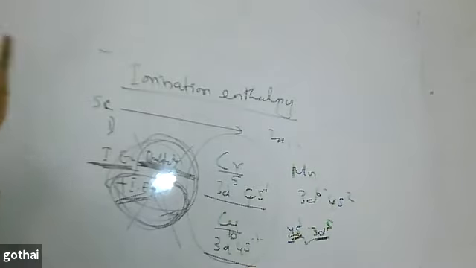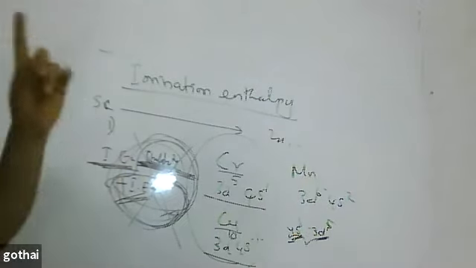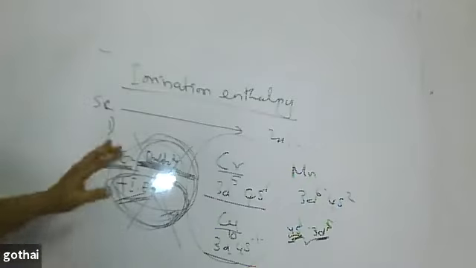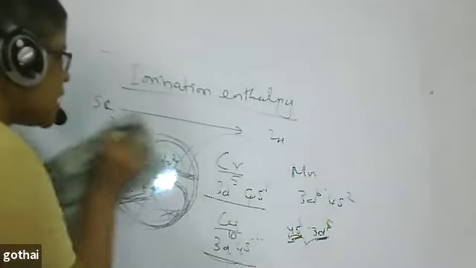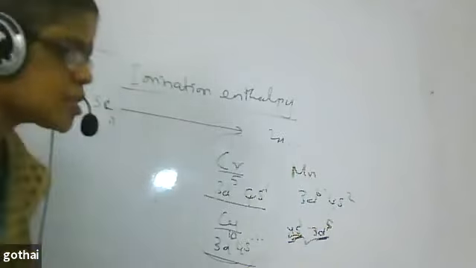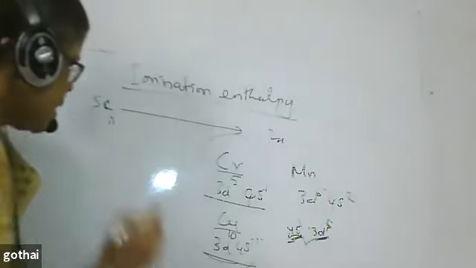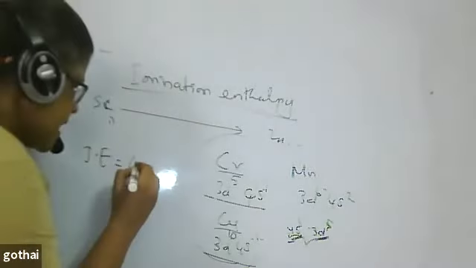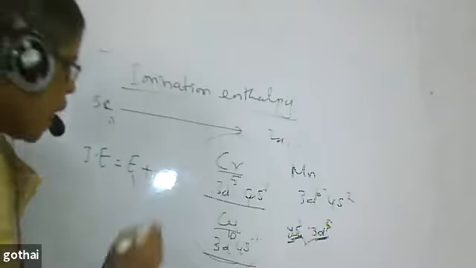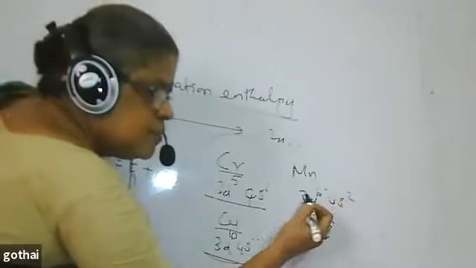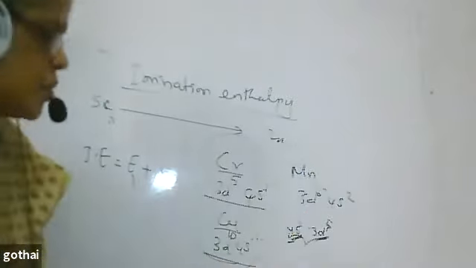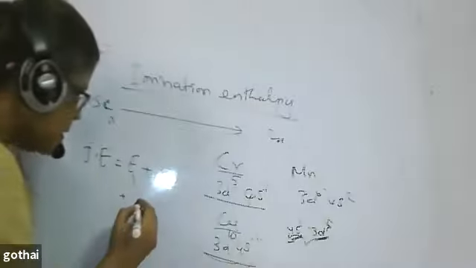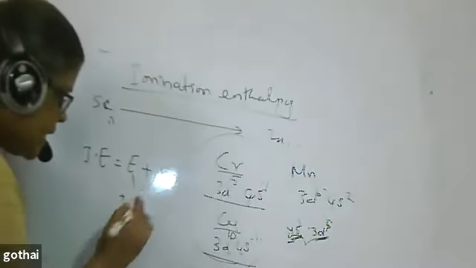The ionization enthalpy of the 3d series is not regular. Why is it not regular? Because I told you that ionization enthalpy is the amount of energy required to remove the outermost electron of an isolated gaseous atom. So ionization enthalpy means the energy required to remove the electron. That I write as E1. Understand? This energy is involved. That is due to stability, I write it out. Then one energy arises due to the increase of electrons in the d orbital. That I write as E2.